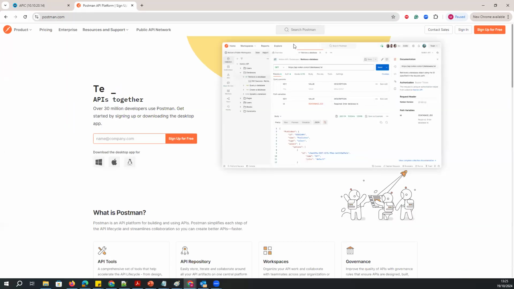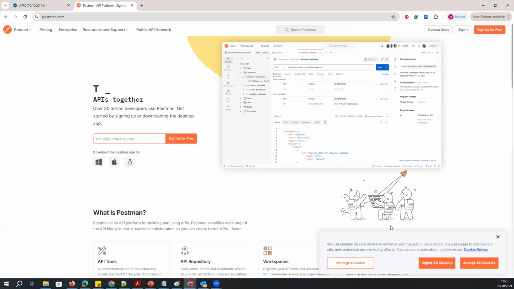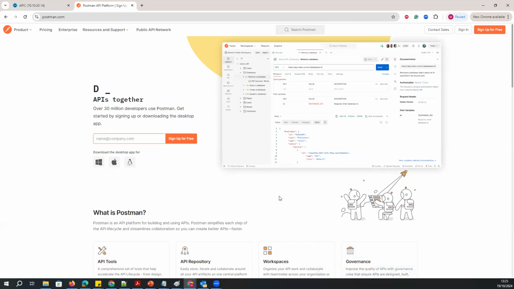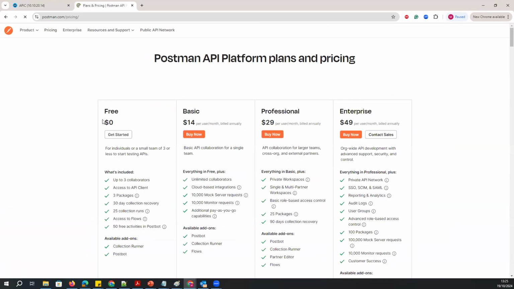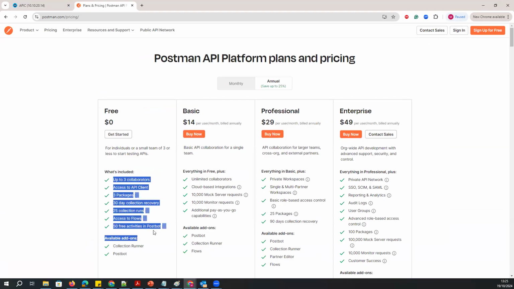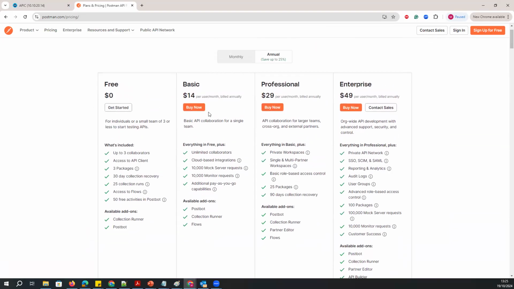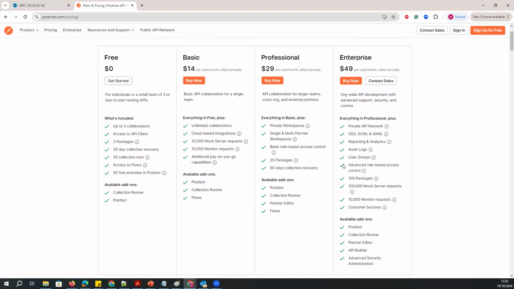postman.com. On postman.com, you see it gives me a lot of pages. This is the company organizational page. It has a lot of options where you can purchase this tool. For the free model, you can use it for your practice and day-to-day practice. But for the organization, this is the cheapest version. You can purchase the professional level for your workspace and all this automation activity. If you are really performing 90% of tasks in your organization through automation, then I would suggest using either the professional level or enterprise level for the